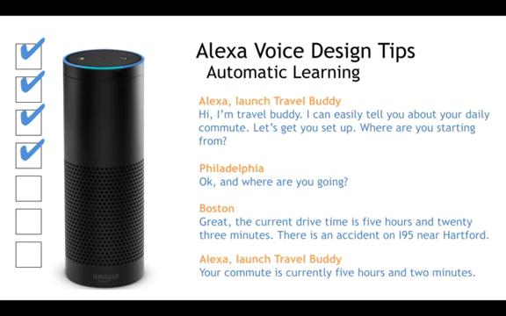So the first time, that is a great interaction, but you don't want to go through that every single time. So the next time I launch it, it should be something like, "Alexa, launch Travel Buddy," and then it should just say, "Your commute is currently 5 hours and 2 minutes." So it already knows the information I gave it in a previous session,